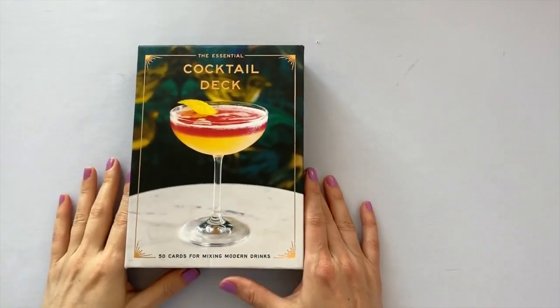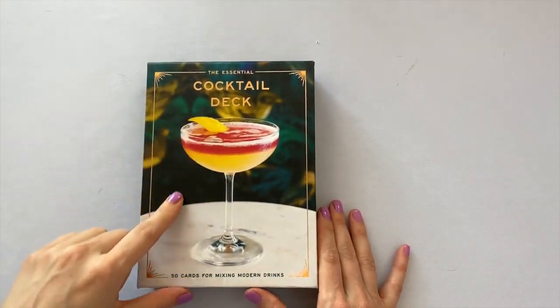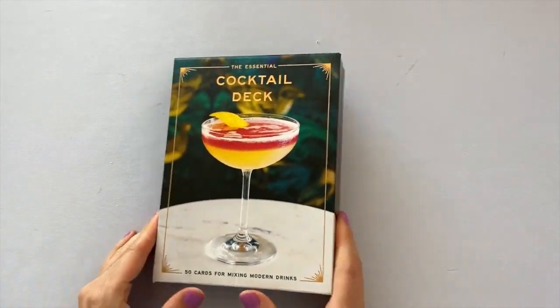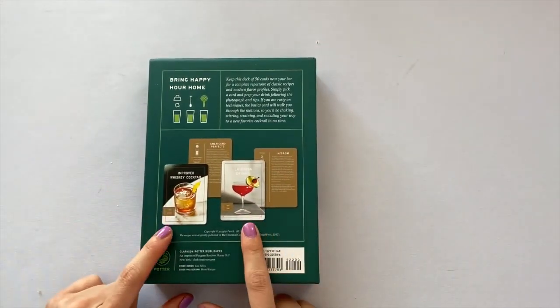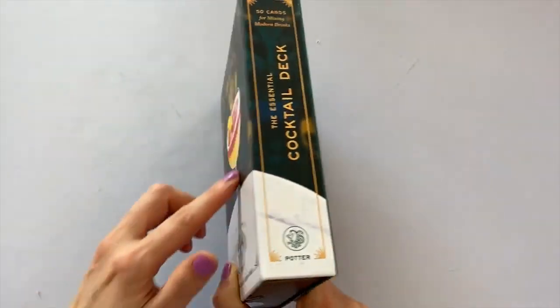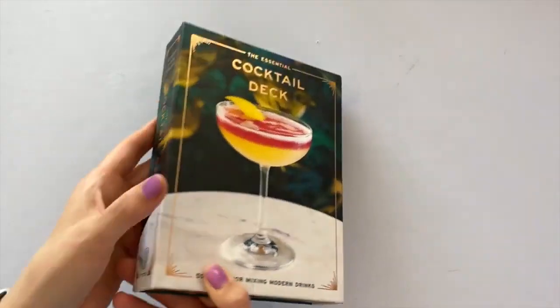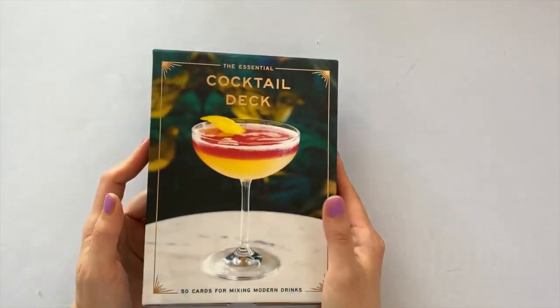This is by far the cutest card deck I've ever seen. It's the Cocktail Deck Essential, 50 cards for mixing modern drinks. And they have a little mock-up here on the back. And look at that, they've splurged on some gold foil for at least 1, 2, 3, 4, 4 of the